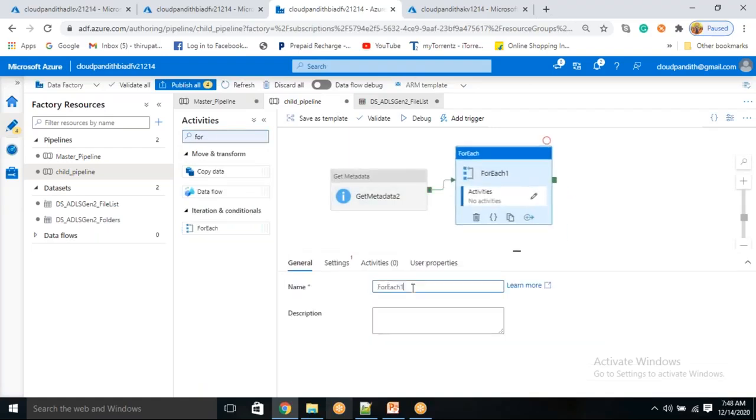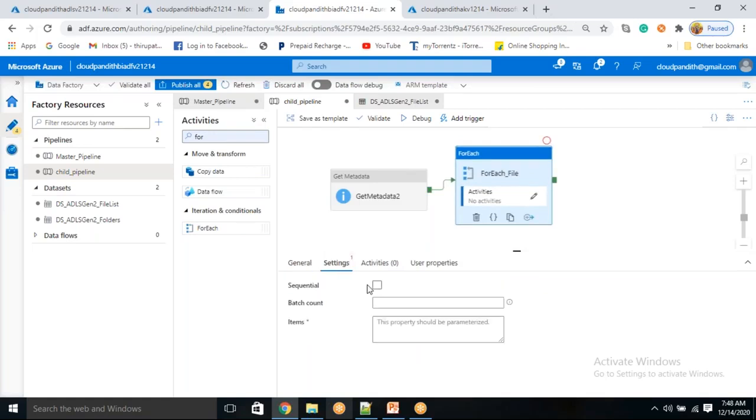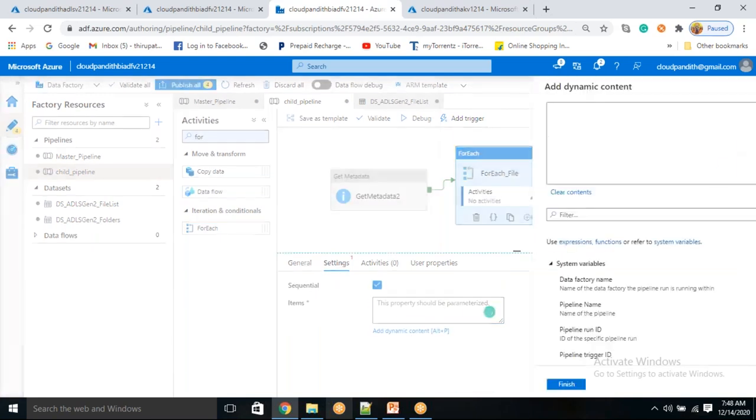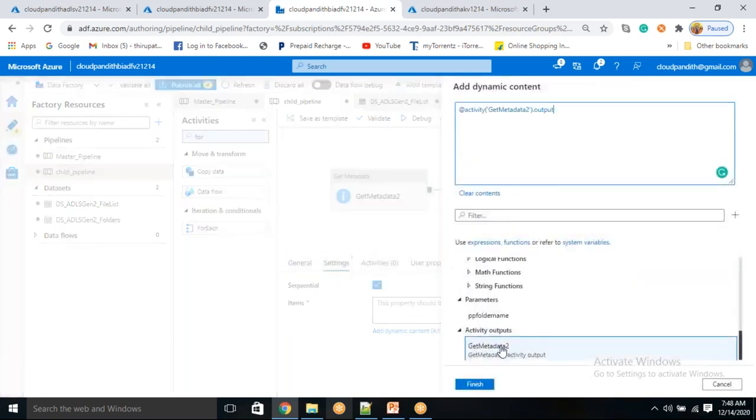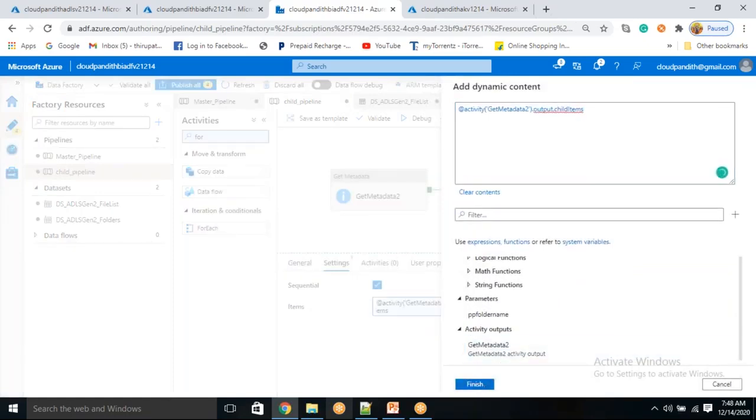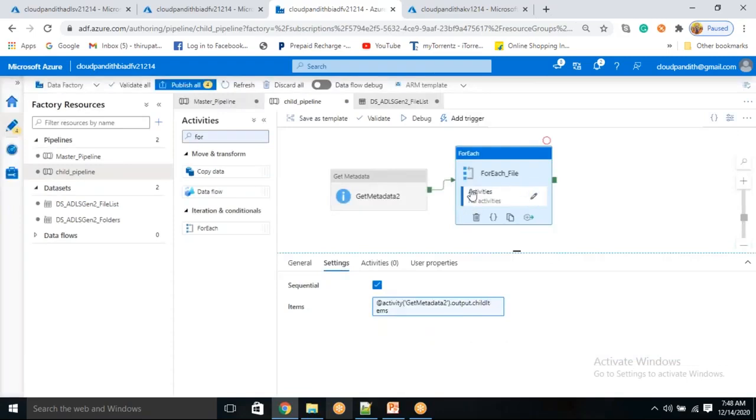Okay, so for each file I need to iterate. Come here, sequential. Okay, how will you pass this file list? Again, same thing. It's child items. So that's why you need to say child items. Okay, click OK. So this time, whatever child items this ForEach is getting,